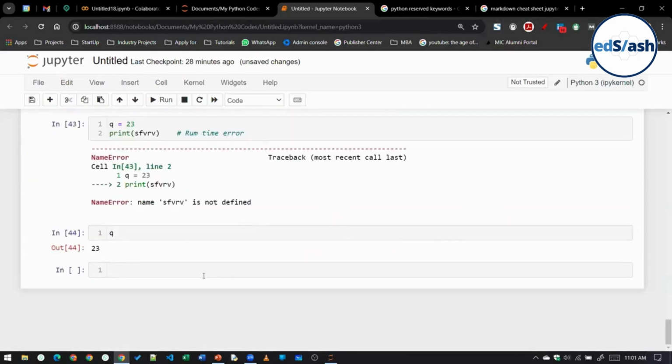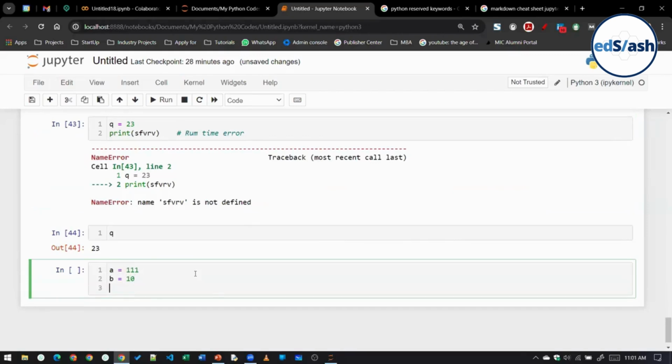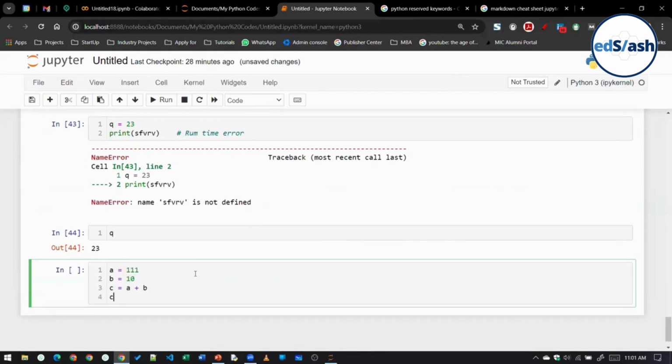Okay, someone was asking something. A equal to 111, B equal to 10, and if I write here C is equal to A plus B, I was anyway going to cover it later on, but the thing